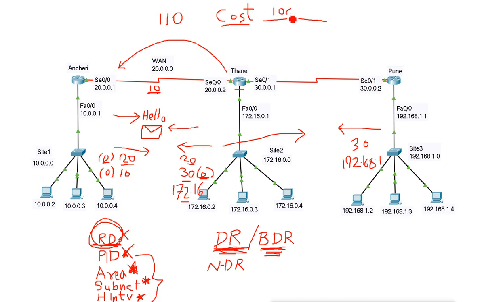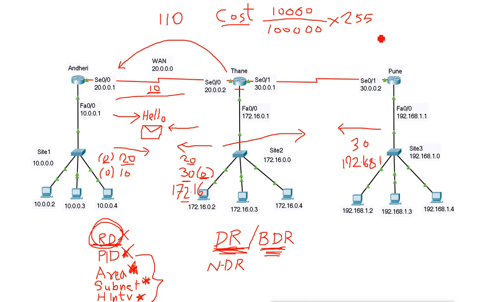So 10 Mbps, that means 10,000 bits divided by 100,000, multiplied by 255, or 256, I think. So it does this, and whatever comes becomes the cost for this link.